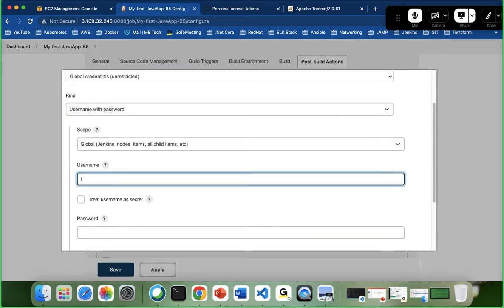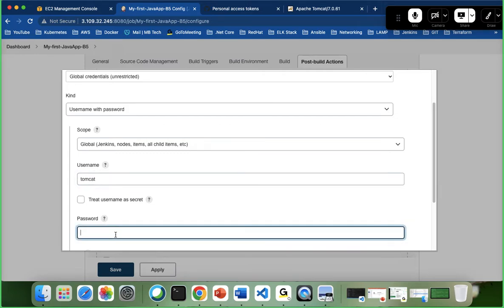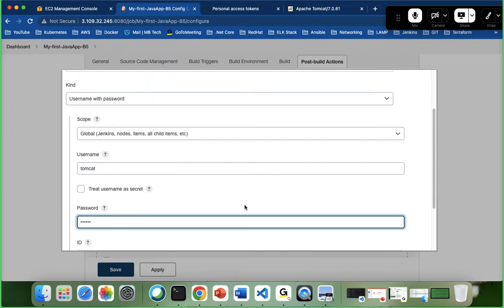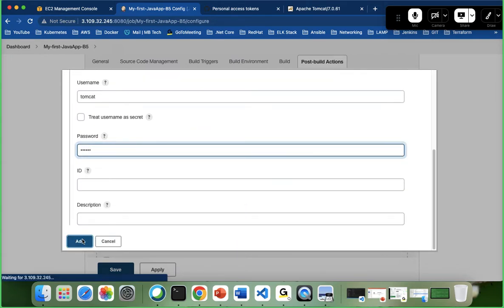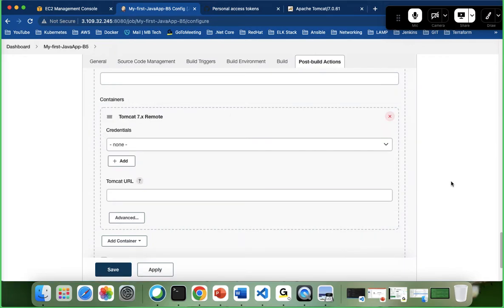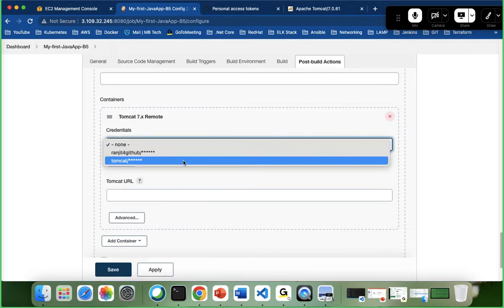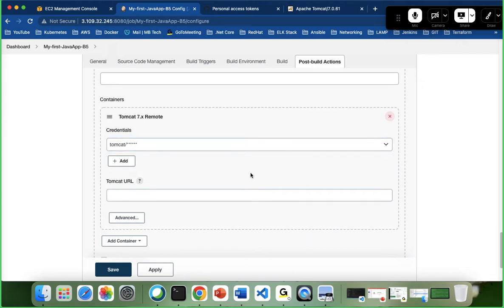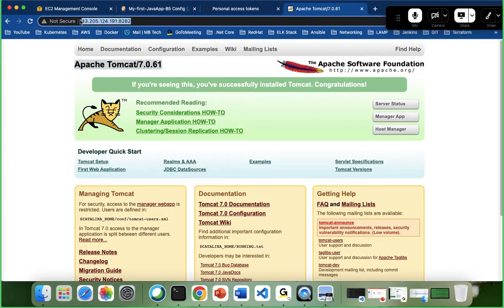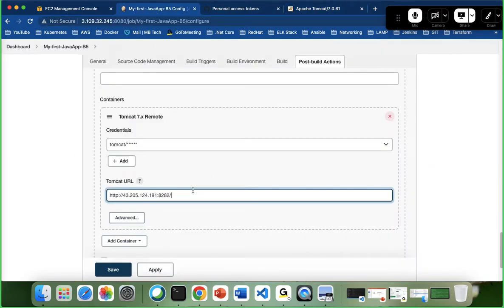Click username was given Tomcat and password was given secret, right? Secret. Now save, add this one and select these credentials. Okay, and provide the Tomcat URL. So what is the Tomcat URL? You have to give the Tomcat server URL. So copy this entire thing, put it here, and it should be